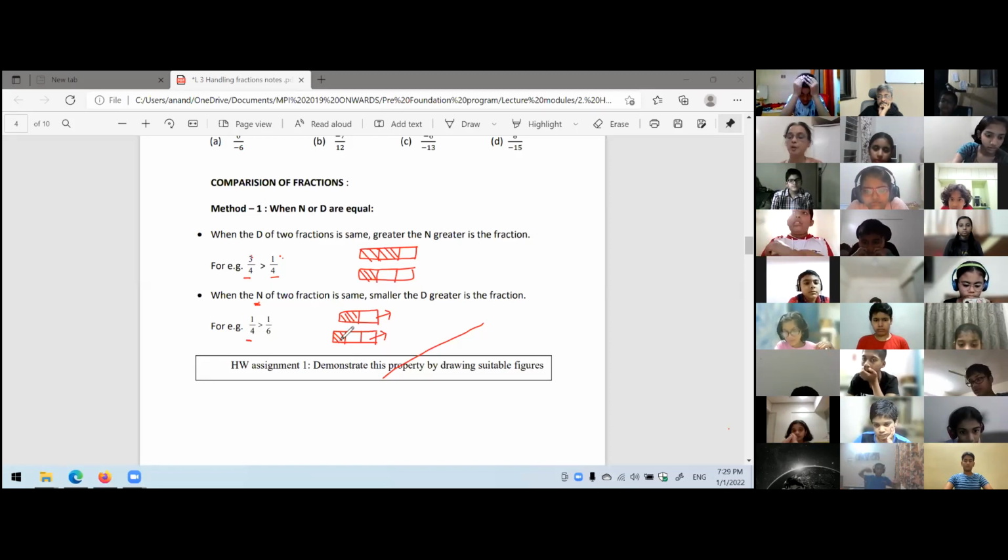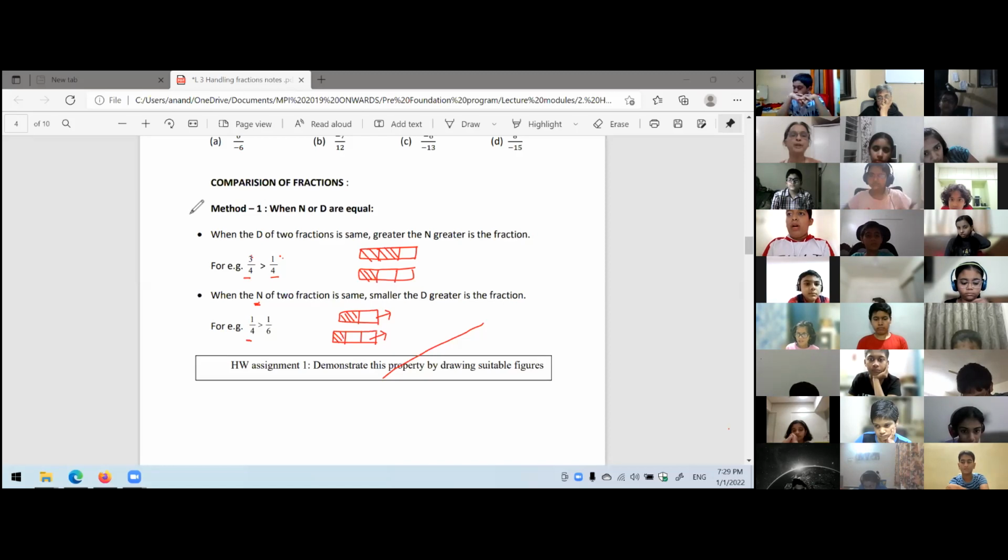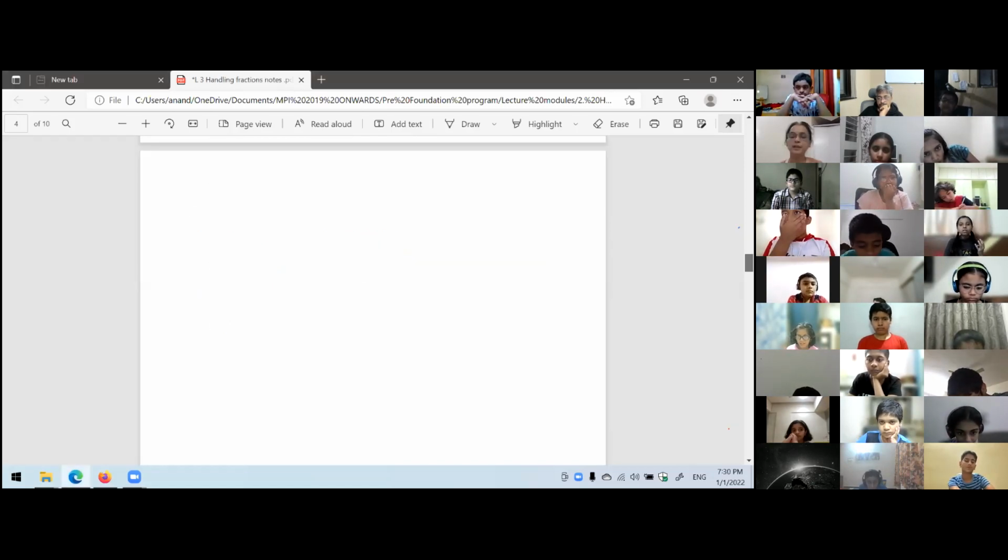It's very interesting. You can make strips and do all these things, demonstrate. So you may feel, why am I doing all this? It is very easy. I know all this. But your basics should be very, very strong, because we need to play a lot with all these concepts as we go ahead. And if the concept is not clear, there is some ambiguity in your mind, then you're going to make small mistakes ahead.